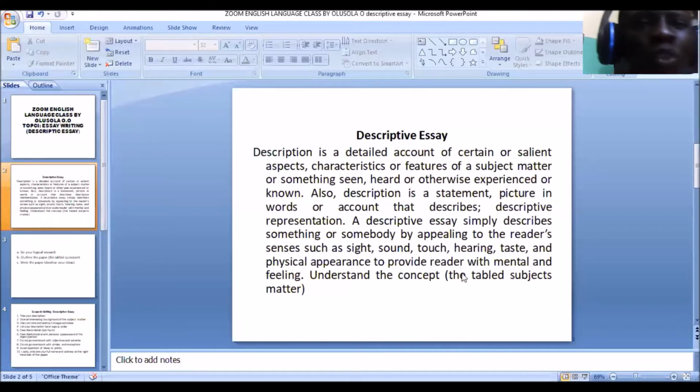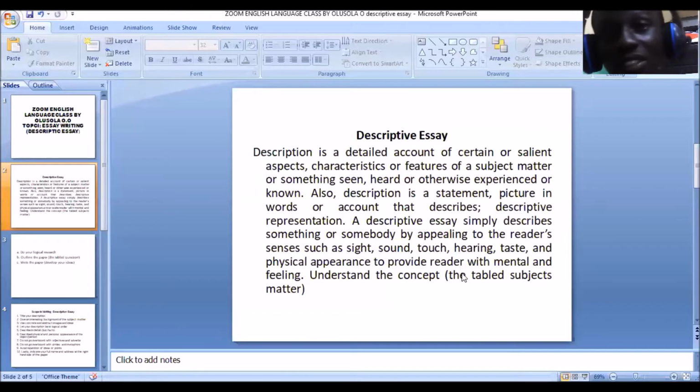So that's why we always advise students to have eye contact or good knowledge of whatever they want to describe, so that they will be able to write from an angle that is appealing to all the senses of the reader or the examiner. When we talk about the senses of the examiner or the reader, it means that it will have a sense of sight. That is when the person figures it out.